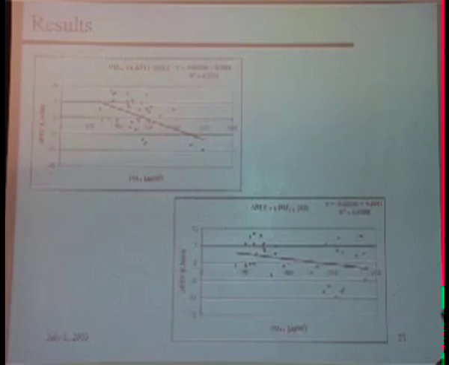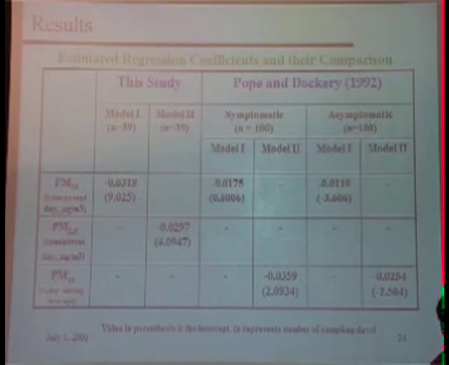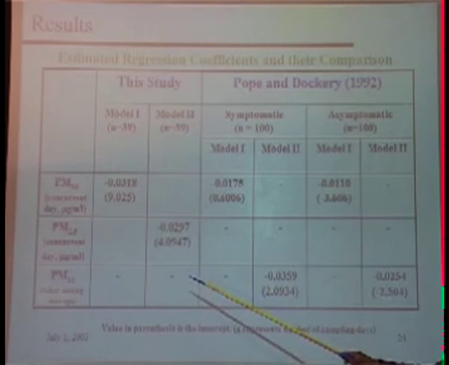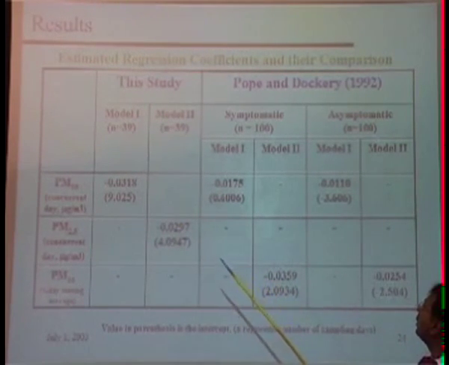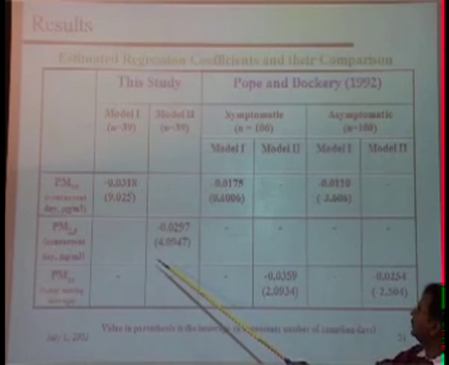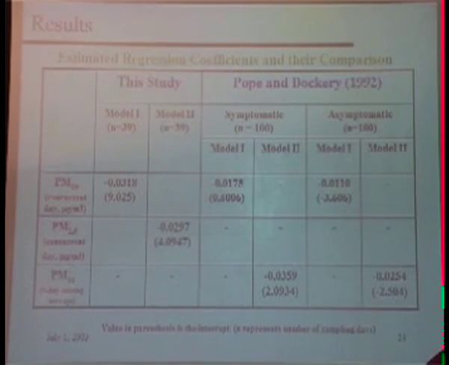You can fit a model to this, and then you can say how things will change. There were 39 people involved, and you can see how PM10 concentration changes. It's basically the coefficient that you can compare with.